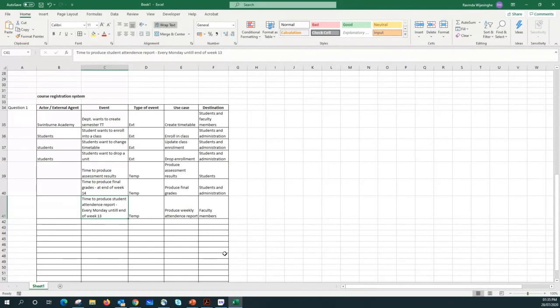So if you know these deadlines, the critical times in your system, then you can think about what temporal event is associated with that particular critical time. But isn't there a deadline for enrolling in a class? Yes, enrolling in a class is a deadline, but in this case, I haven't actually used it, so we can actually have